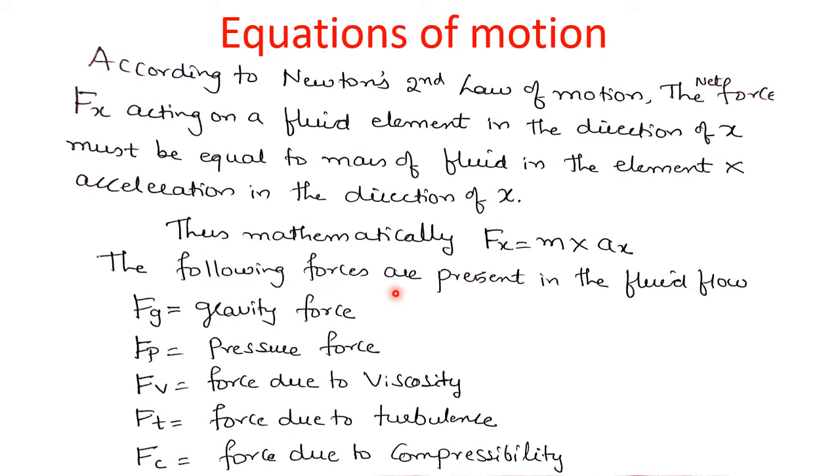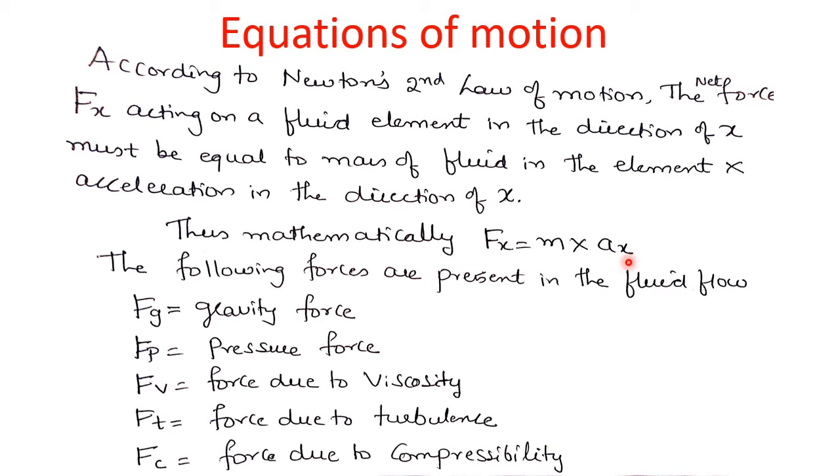The following forces are present in the fluid flow. Fg is the gravity force. Fp indicates the pressure force. Fv indicates the force due to viscosity. Ft indicates the force due to turbulence, whereas Fc indicates the force due to compressibility. All these forces, gravity force, pressure force, viscosity force, turbulence force and compressibility force, are present in